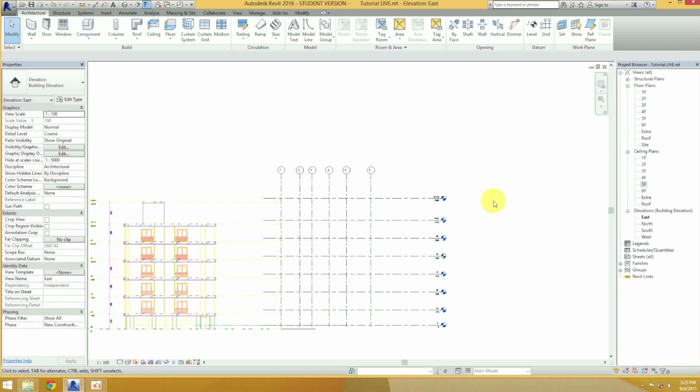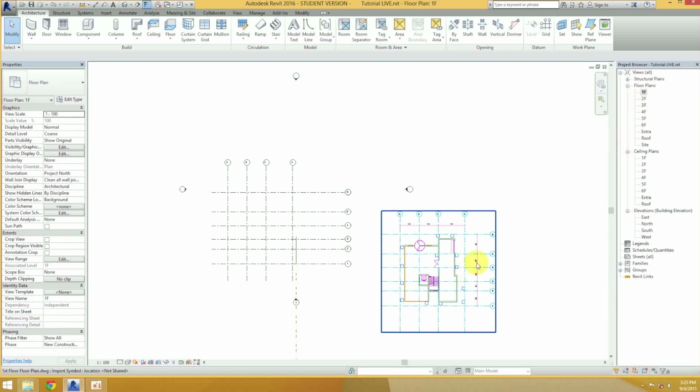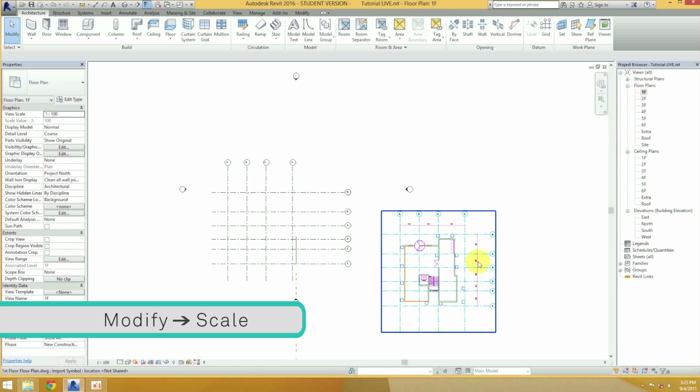Finally, you want to align the first floor plan such that this plan matches the grid lines you just drew. Go to your first floor's floor plan view. Now, as a side note, if you imported your own plan either using a CAD file or an image, check to make sure the size is correct. Do so by selecting the plan and click